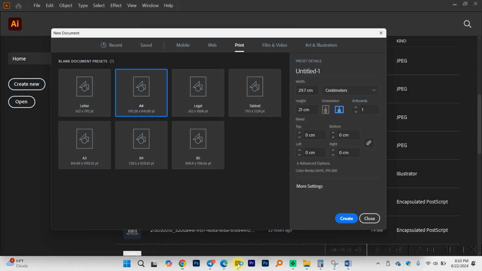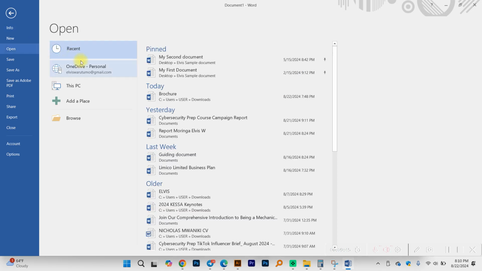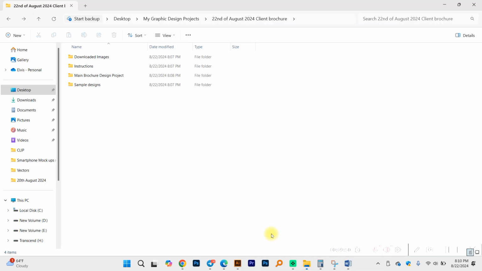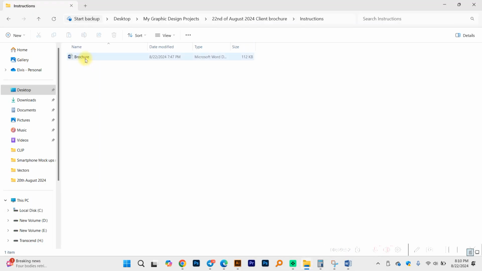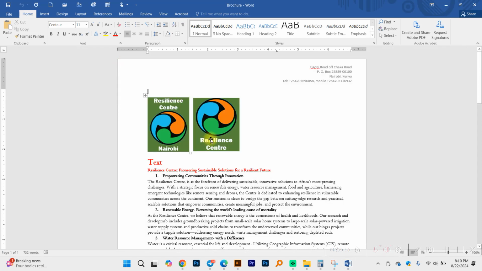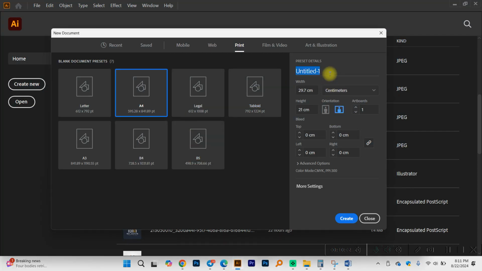All right? So in Adobe Illustrator, I've created a document with a width of 29.7 centimeters and a height of 21 centimeters, and then I'm going to give the name of the project. So I'm going to open the folder of the brochure itself. Actually it's in this different folder, so the instructions are here. I'm going to open these up. All right. And the name of the company is Resilience Center Nairobi. So I'm going to rename these, and now the project is going to be called Resilience Center Nairobi